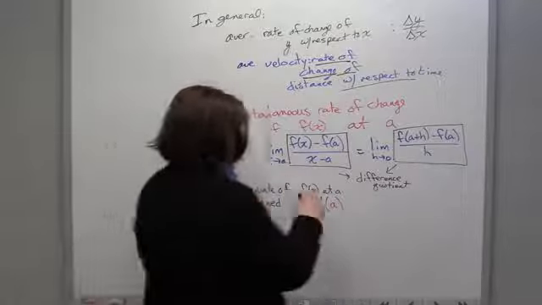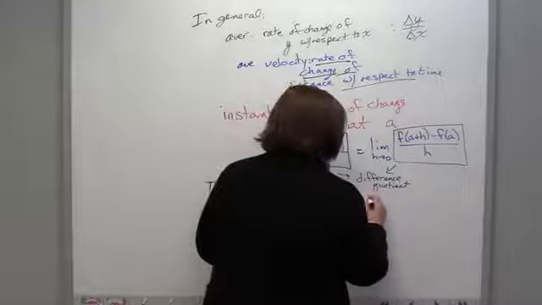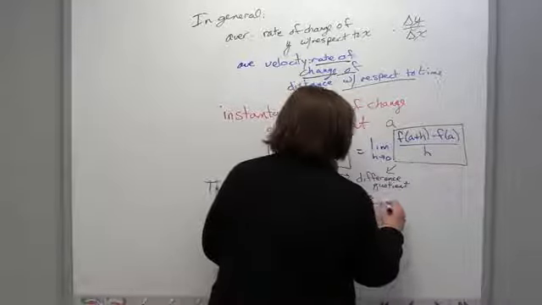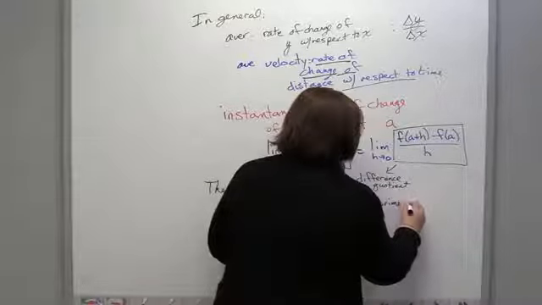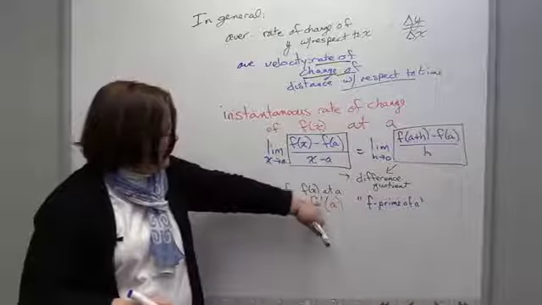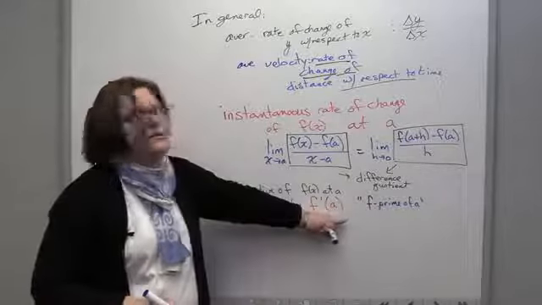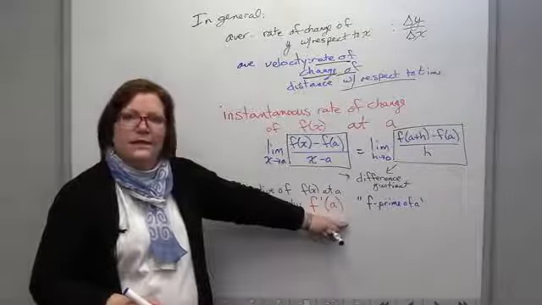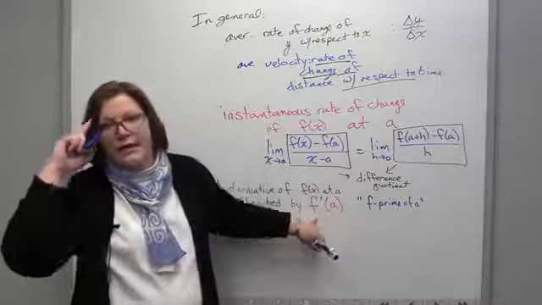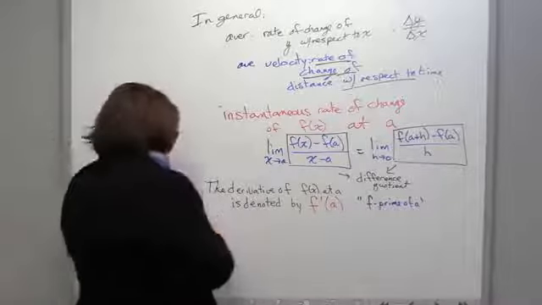And notice how I verbalized that. It's verbalized f prime of a. It's kind of like an apostrophe, but it's a little straighter than that. So every time you see this, especially in calculus, you just verbalize in your head or to each other f prime of a. And it is defined by